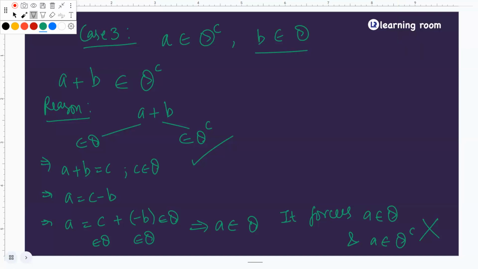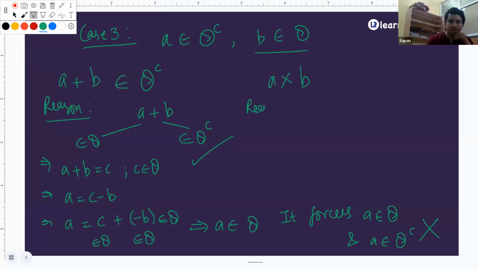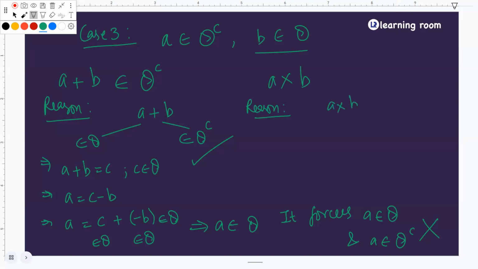What about A into B? So if A is irrational and B is rational, then irrational into rational is equal to C, which is a rational number. We do the same reasoning. C is a rational number. No, it's a rational. See,